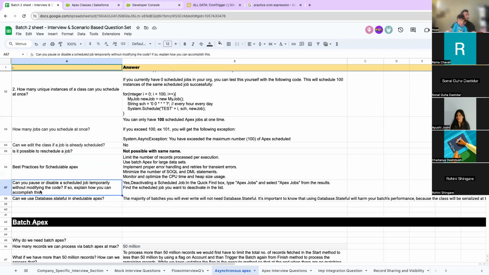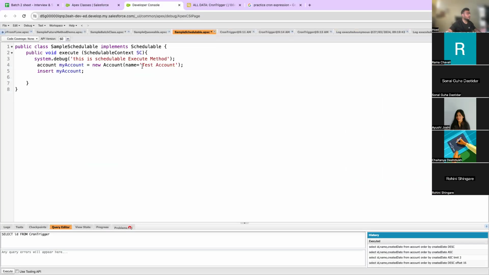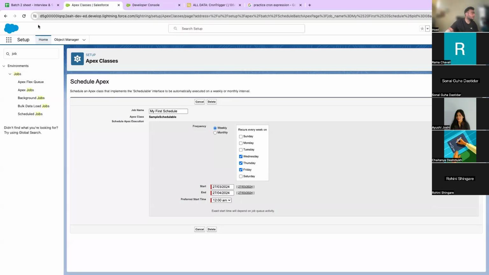I am not sure about this question. It is saying that to deactivate a scheduled job, go to Apex jobs and select Apex job. From the result, find the schedulable job you want to deactivate in the list. I don't see any deactivate option. What I see here is the